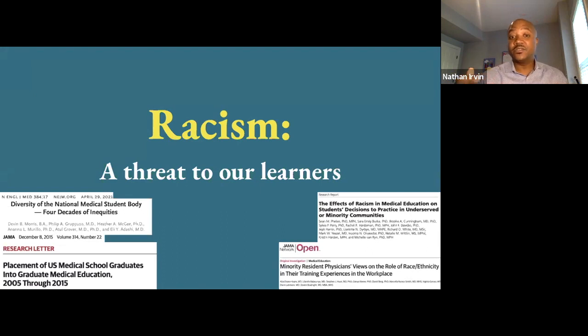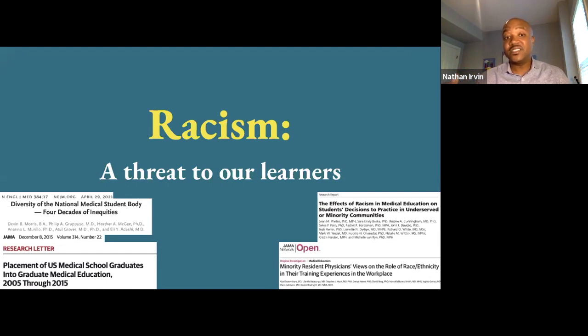Studies show that medical students and residents alike continue to face instances of discrimination or harassment throughout their training and can have significant effects on their confidence, their morale, their performance, and also their future aspirations, including their willingness to stay within medicine or particularly within academic medicine as we all are doing ourselves. Keeping this unjust burden on learners of color only further helps to stifle this critical pipeline that we really need to achieve health equity.